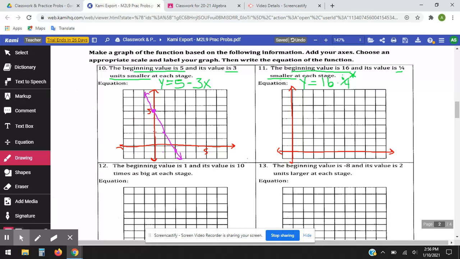So I'm going to actually count by twos, I believe. 2, 4, 6, 8, 10, 12, 14. Here's 16 on this side. And then I'm going to go 1, 2, 3, 4, 5 on this side. Okay, so I know I start with